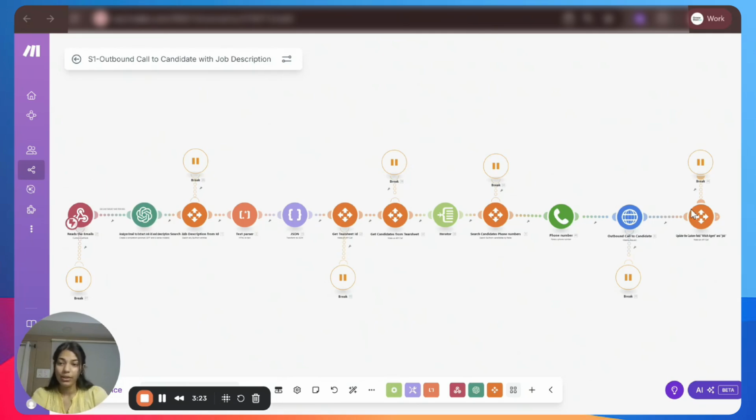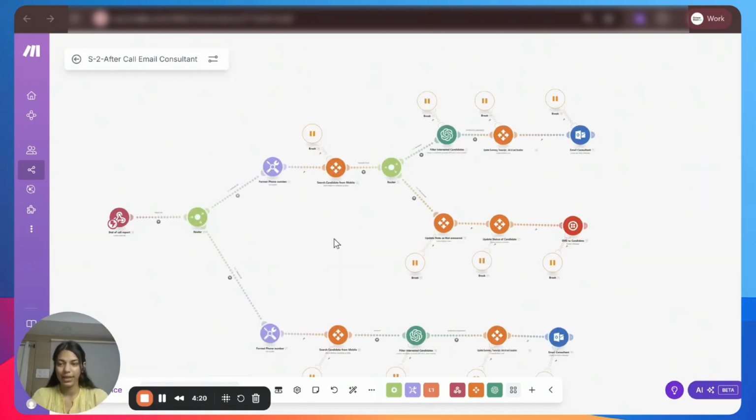The voice agent that we are using is built on, and that voice agent has a conversation with the candidate and analyzes the interest in the job or not. The voice agent has the capacity and the capabilities to build a conversation flow on the basis of a job description that is fetched from the Bullhorn API and the candidate's phone number from the Bullhorn candidates database.